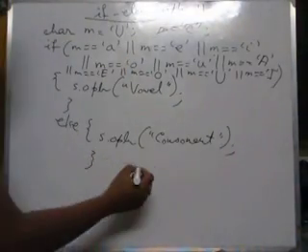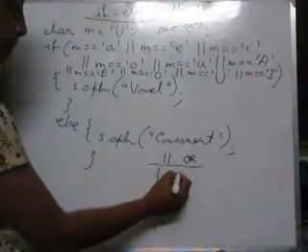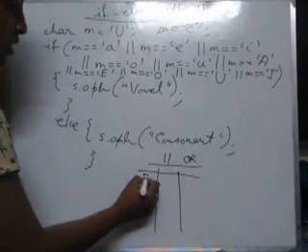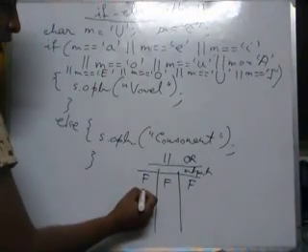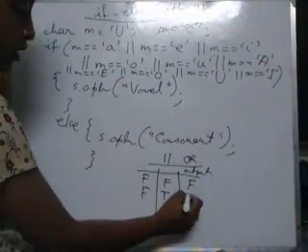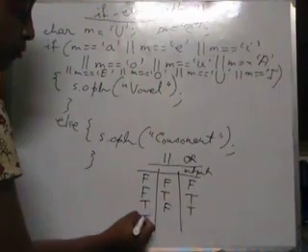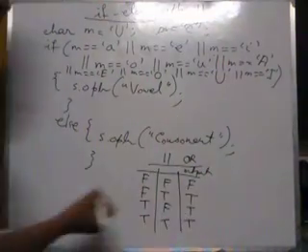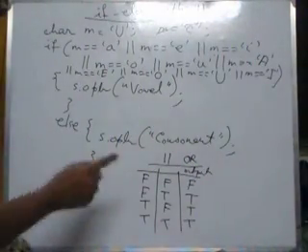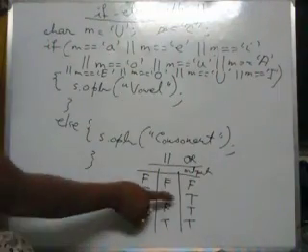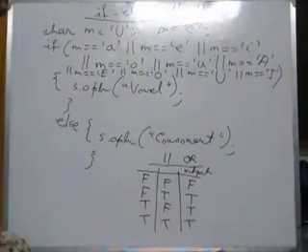If we draw the truth table for the OR operator, we will write like this: if both the conditions are false, then the output column will be false. If one is false but the other is true, then it will be true. In the second case also it is true. If both the conditions are true, then also it will be true. So only if both the conditions are false will it be false. Otherwise, if any of these conditions is true, then it will be true. Or it can happen that all the conditions are true. In that case also, it will be a true condition.